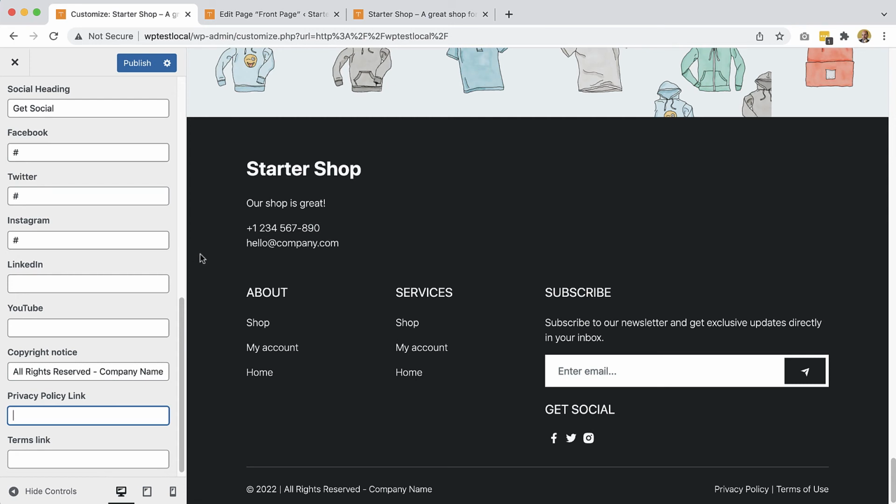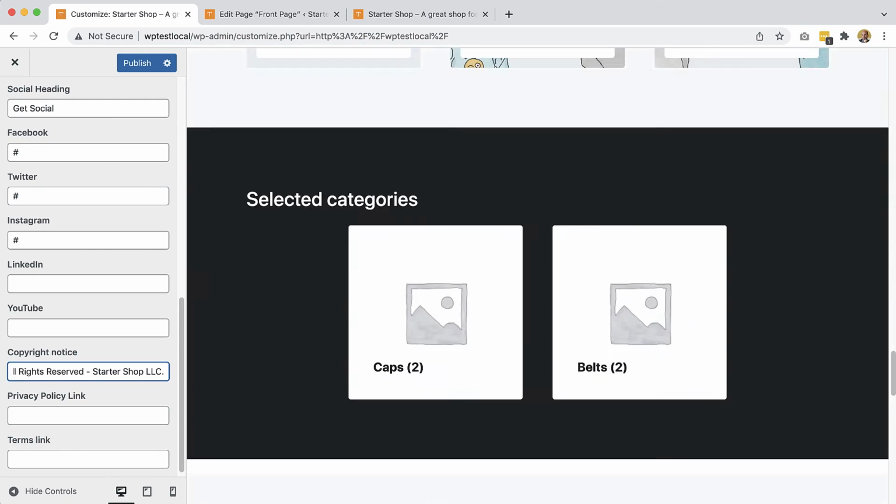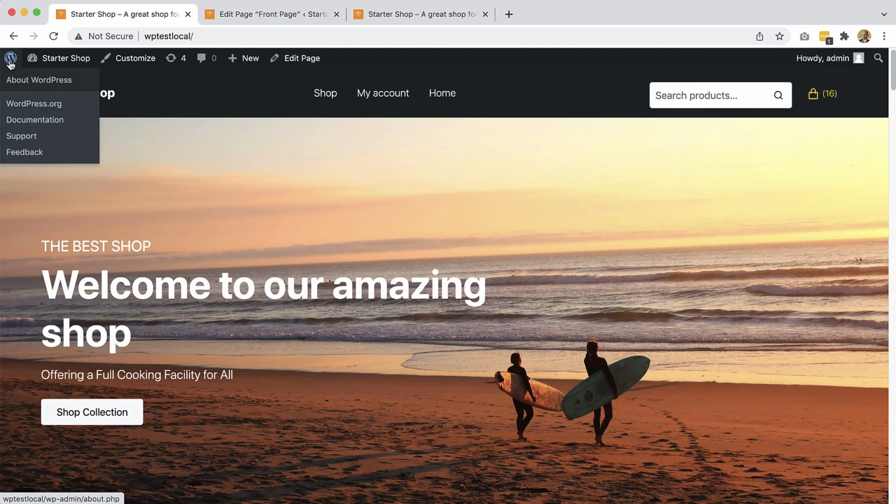But I'll skip that. Let's change this. Start shop. Let's see, for example. So now it's here. So let's publish. Go out of the customizer, and